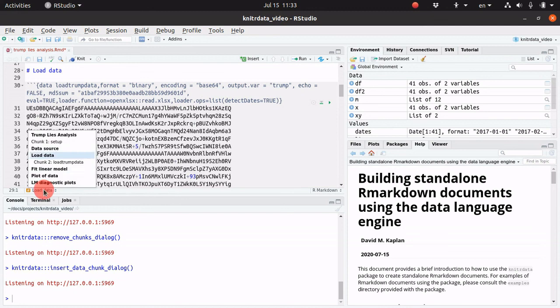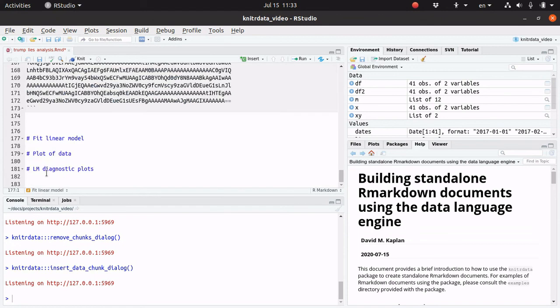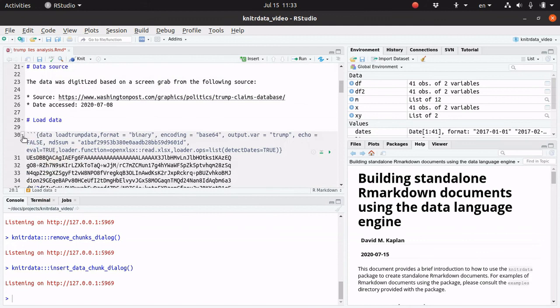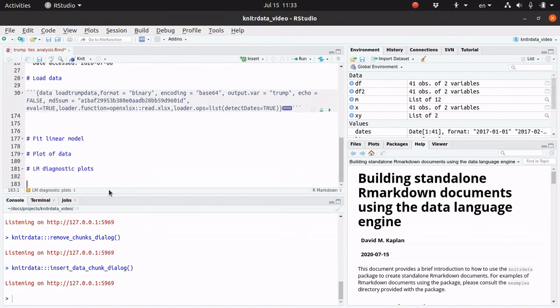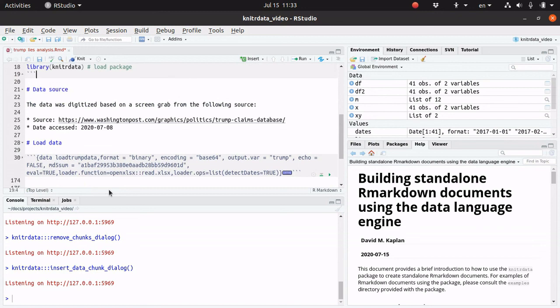So you can just navigate the document using the standard navigational tools that are included with RStudio. I can move around this data chunk without any problems. The other thing you can do is that RStudio provides a little button here for you to just hide the chunk contents. If I click on that, the chunk contents are hidden and you can move around your document as if the chunk wasn't there. So I'm just going to go ahead and do that because I don't really need to see all that